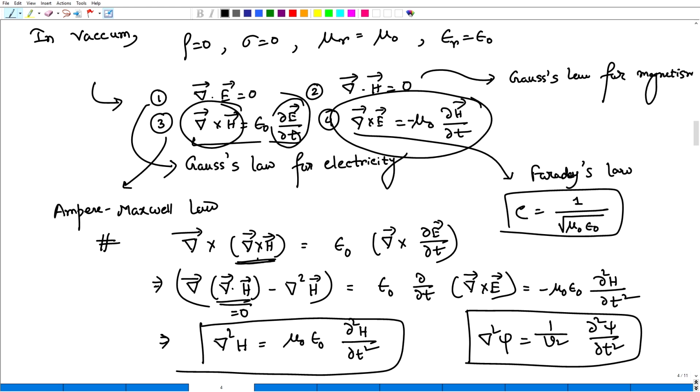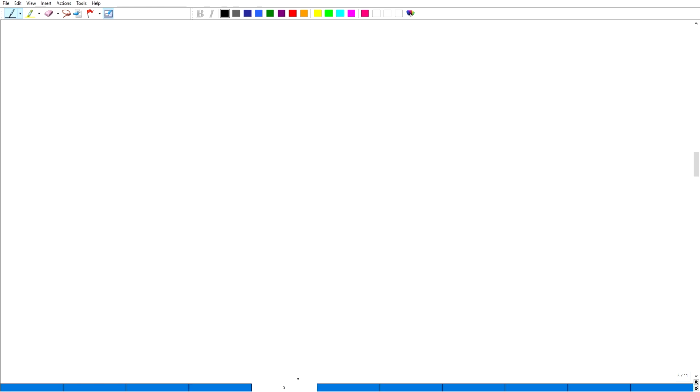So, again we can derive the same equation using the electric field as well. That will be del square E equals mu naught epsilon naught del 2E by del t square. So, from this equation we can estimate theoretically the speed of light in vacuum, which is this one. Okay. So, this is our speed of light, and in general if we do not consider the vacuum, it will be